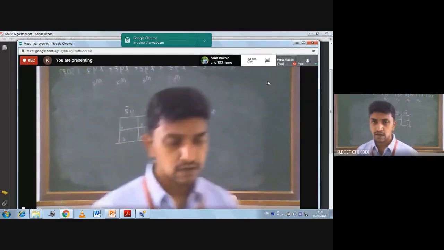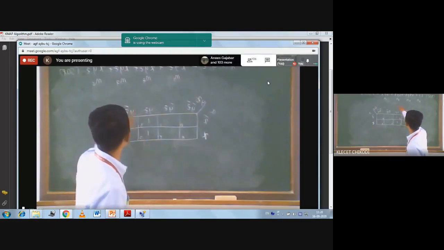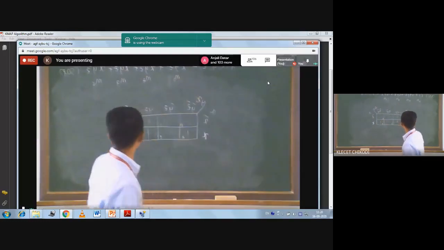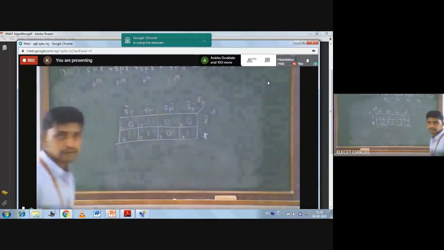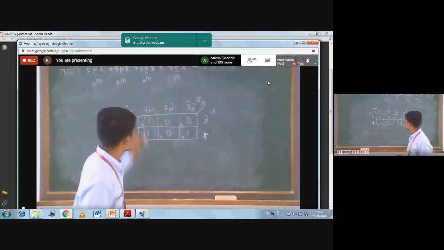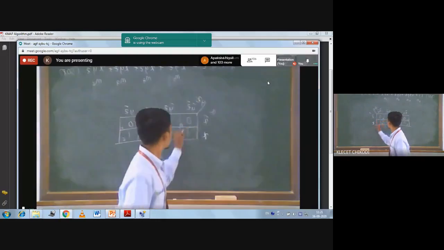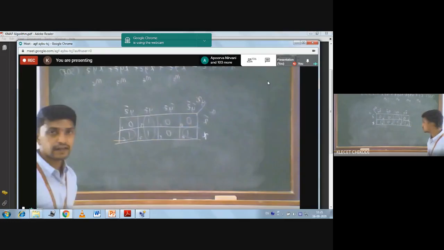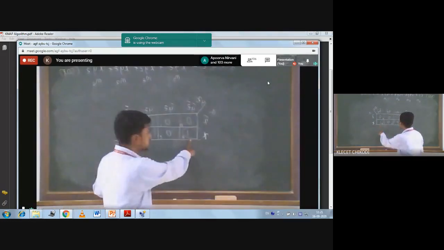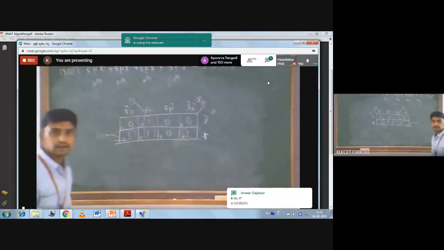And what are the ones in the K-map here? 1, 3, and 7. You can see that for 3, 7 we have 1, 1, and again for 4 and 6, and the remaining values you have to put as 0, 0. You can see that you have one pair here, and you can make the other pair here. Is it clear? Since 4 and 6 are logically adjacent, consider this as the first one and this as the second one.